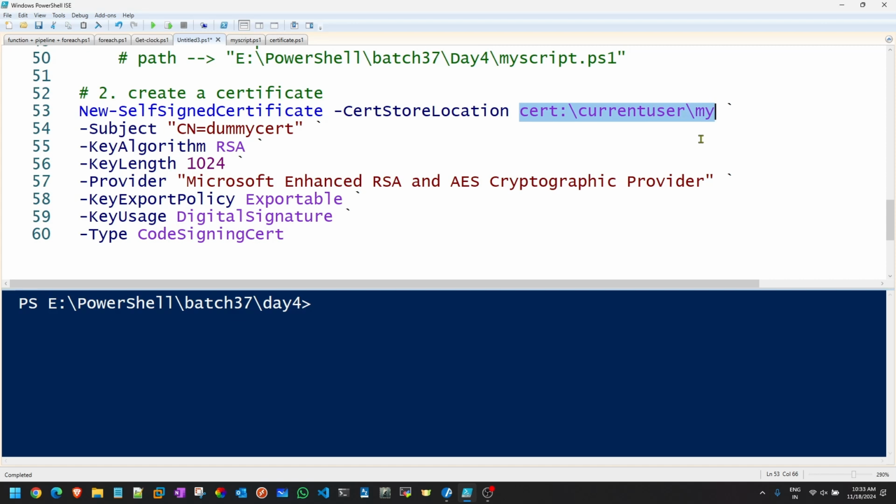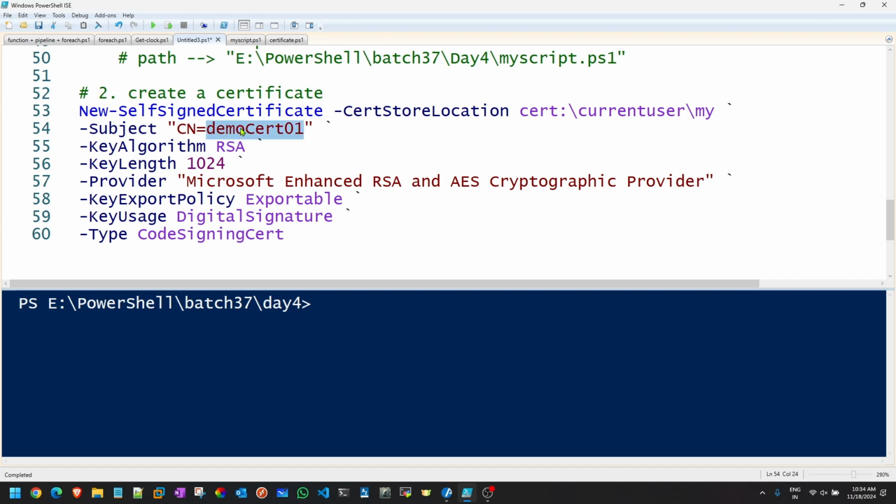This location should not change. Then subject. CN means canonical name, and you can give any certificate name over here. As you can see, I've given here dummy cert. I'll change it to, let's say, demo cert 01.